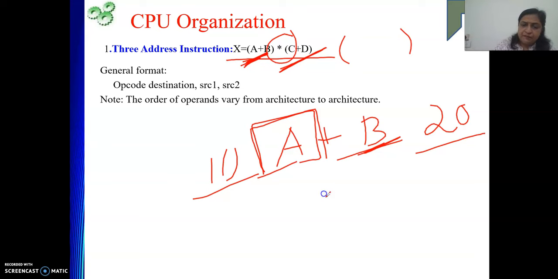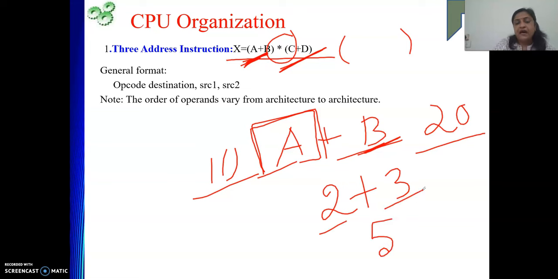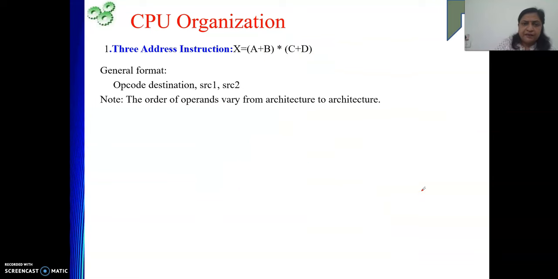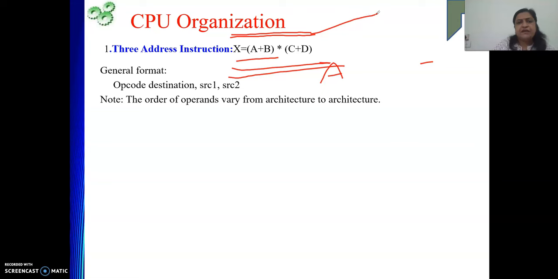Why? Because in mathematics also, when you do 2 plus 3, 5 will be produced, but this 2 and 3 will remain unchanged, right? So the same protocol we are going to follow here, because there are many cases. We should not modify this a plus b, because before this expression also in our coding some other expression may be there. After this also someone will be there. They must be using a b c d. Here also a b c d were used, so we should not modify them, right? Hope this part you are getting.